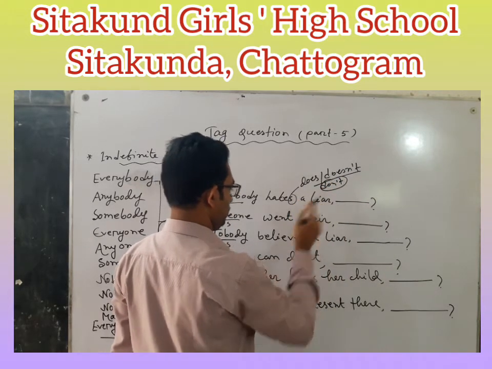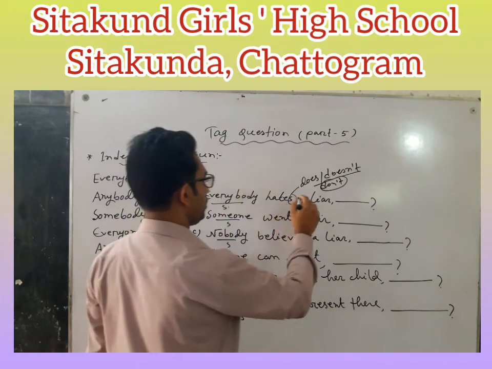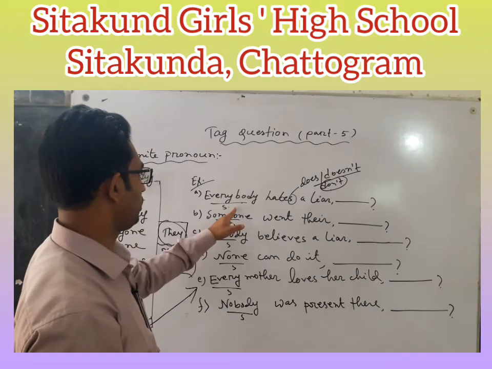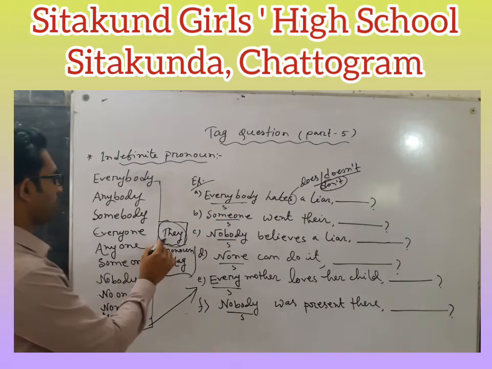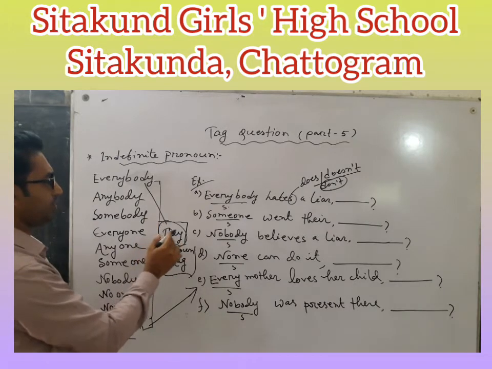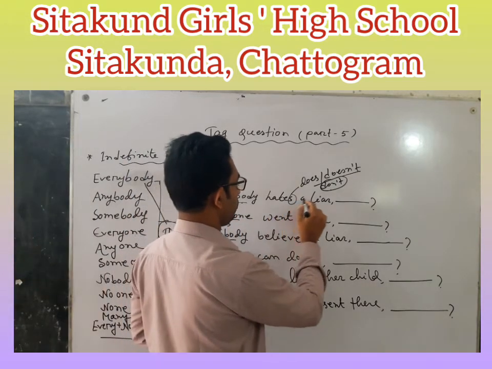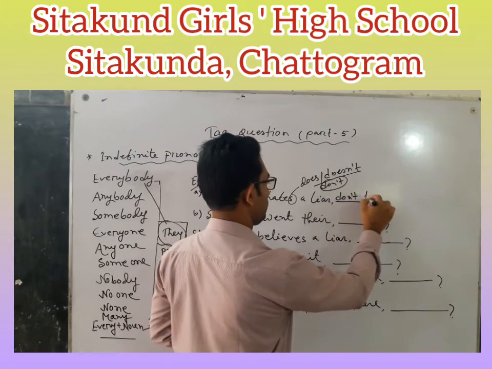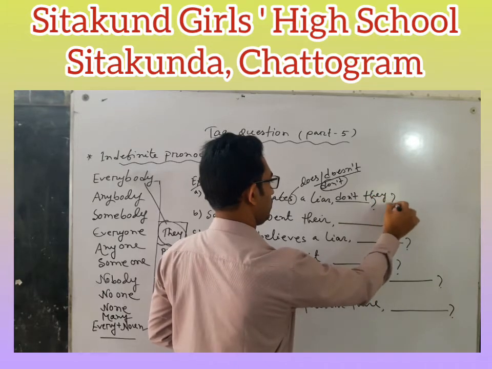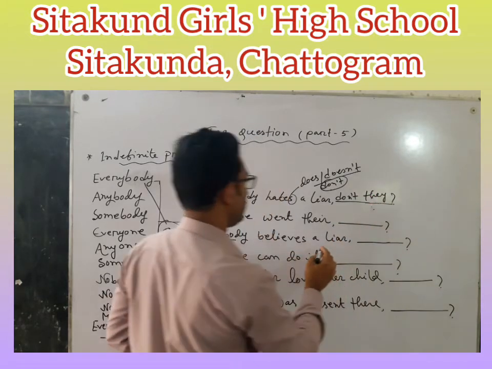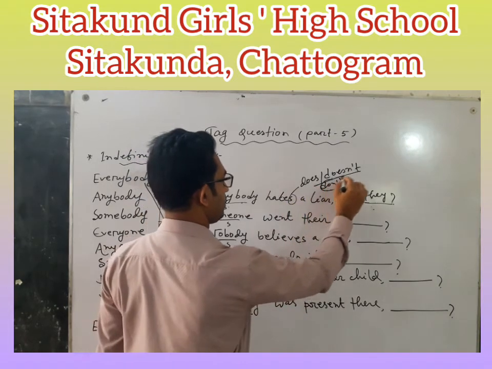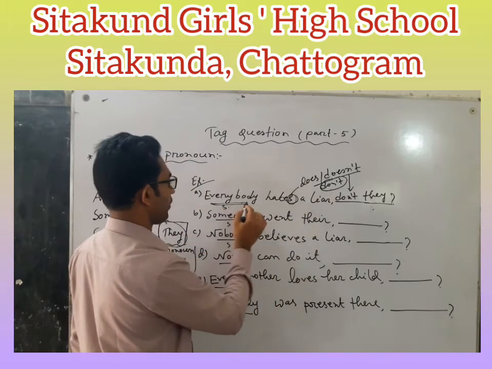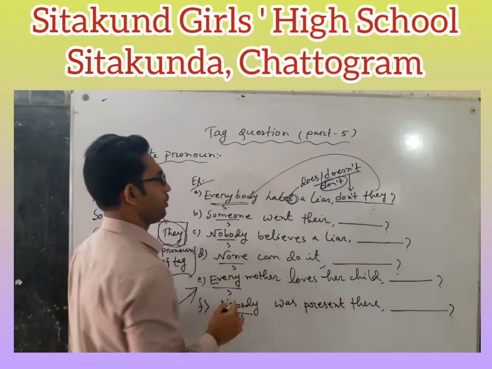In this moment, you have to learn a new idea. For the S form, you have to write don't. Why will you write don't? Because here the subject is everybody. For everybody, you have to write they. So don't plus pronoun of subject they. You cannot write doesn't for the S form, because you are writing they for everybody.